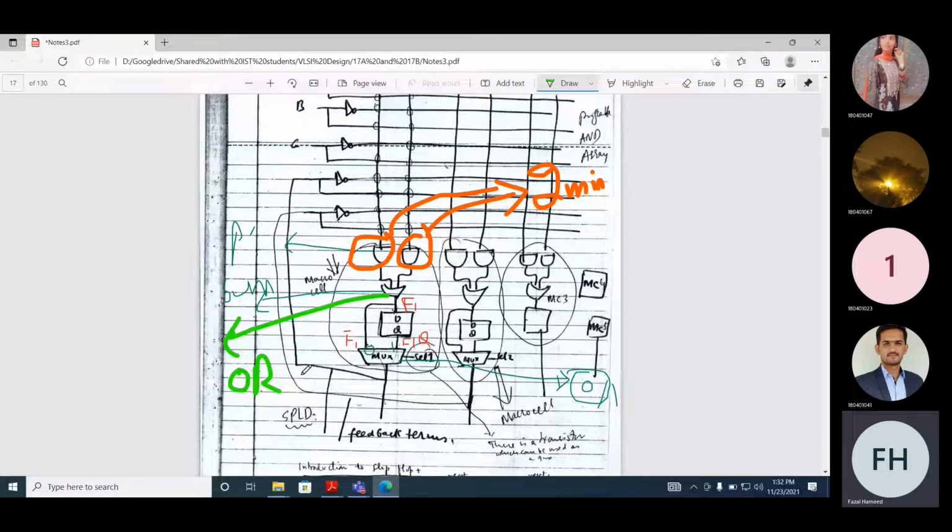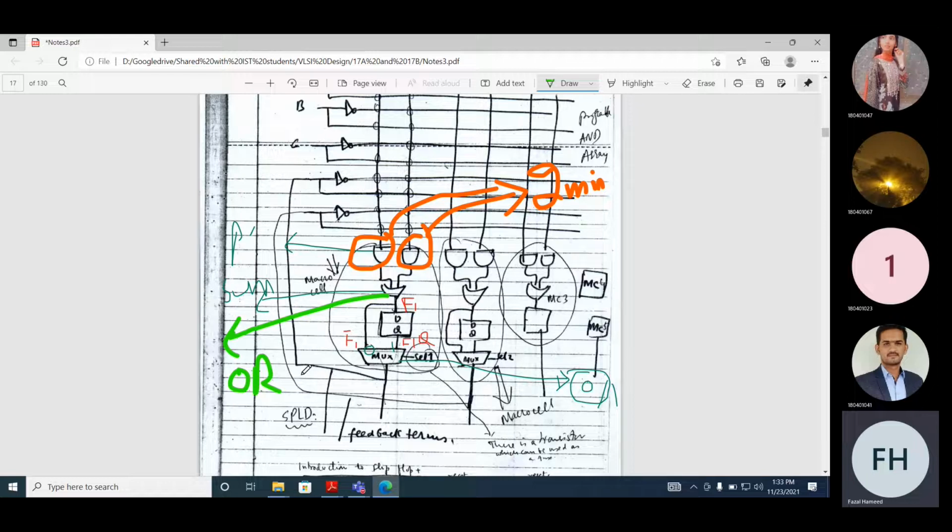This internal architecture can be PLA, it can be PROM, it can be SPLD, it can be CPLD, and there are many more devices that we will study. There are Altera architecture, Xilinx architecture, and we will study these architectures in more detail in our upcoming lectures. So, the type of architecture we are studying, are these programmable or non-programmable architectures? Programmable architecture.